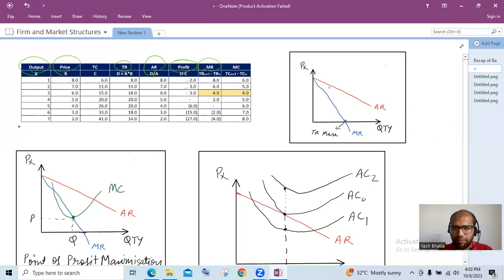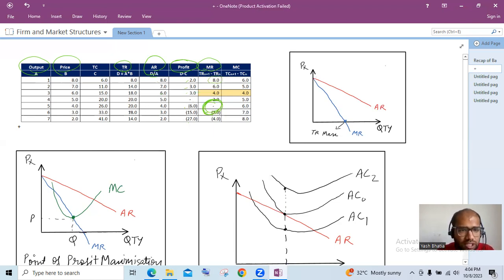This is our AC. And you see, if we plot MR on the same diagram as AC, after 8, MR starts reducing, and at any quantity, let's say at this quantity, MR is less than AR. So it is shown below as the blue line. And you can see here, when MR is equal to 0 at this quantity,